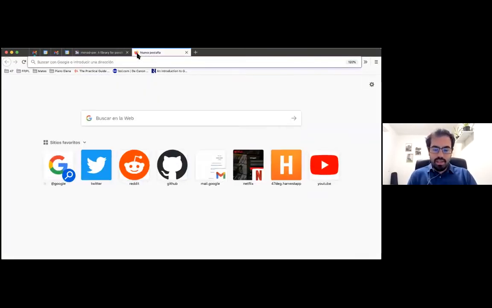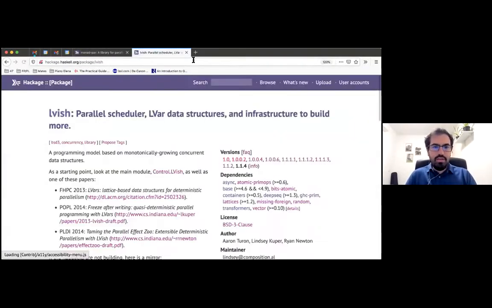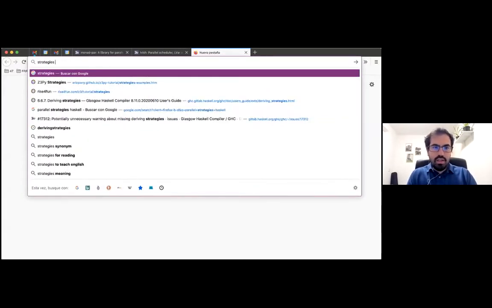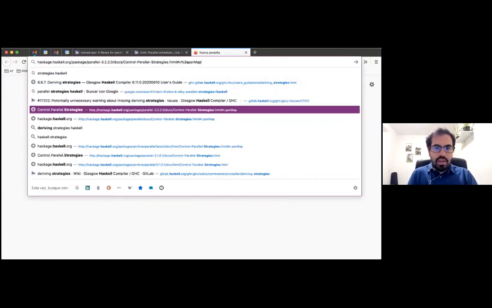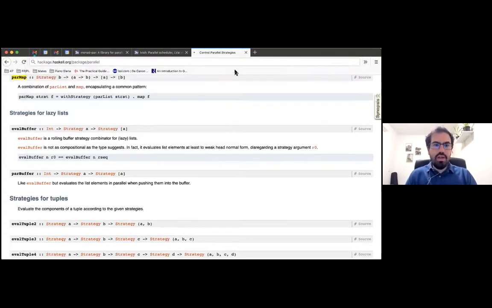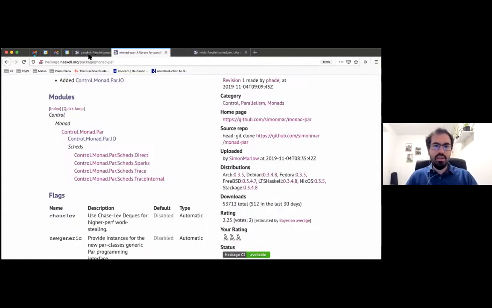parallelism libraries. I wanted to talk also about this Ulvish, and then there is... So I don't talk about all the Haskell libraries about parallelism and concurrency in the book, but I wanted to mention roughly the three things which I think are interesting. So